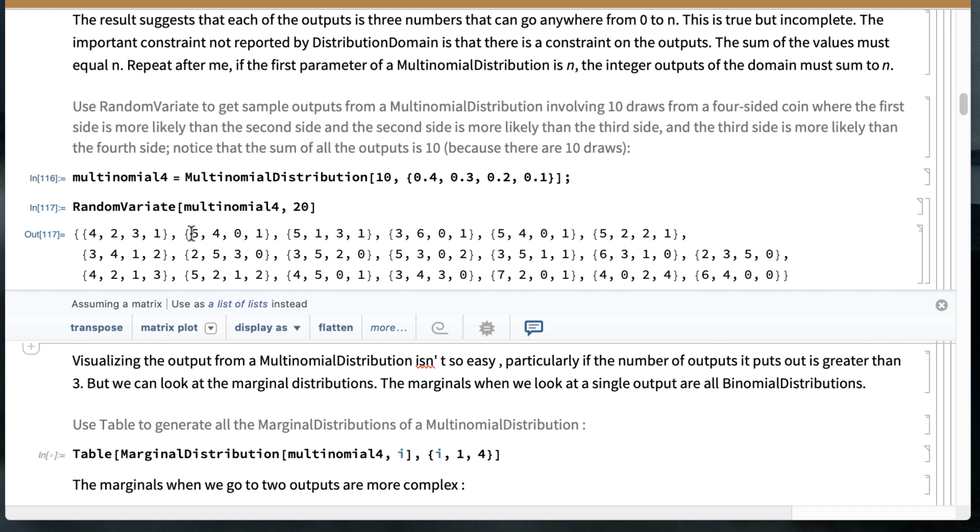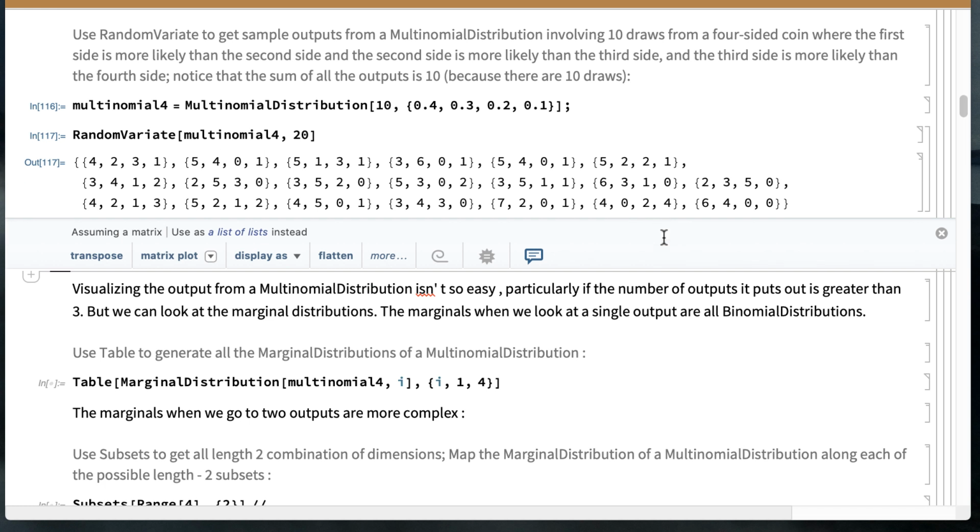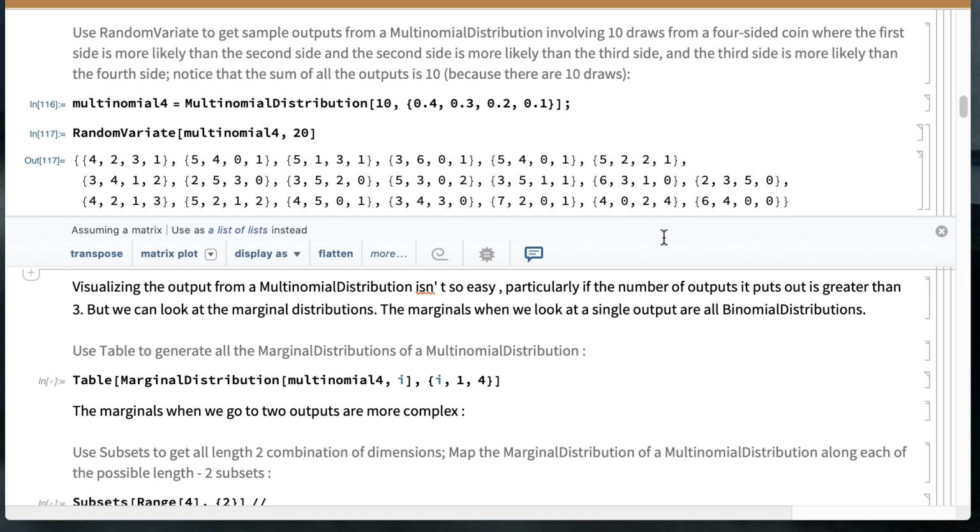And what's the second draw? The second draw was 5 of the first category, 4 of the second category, 0 of the third category, and 1 of the fourth category, etc. Okay? Now, visualizing the results of a multinomial distribution